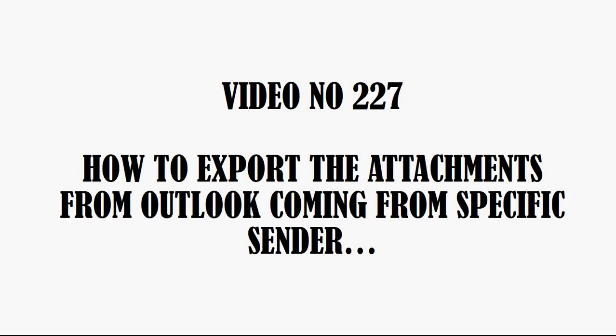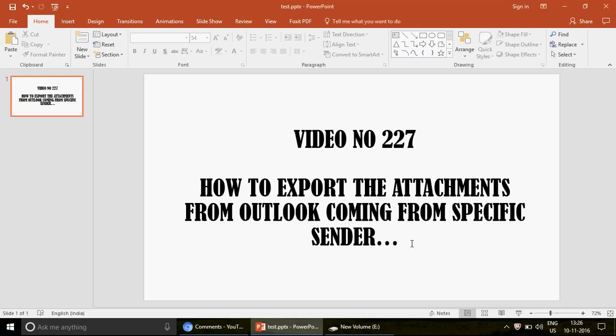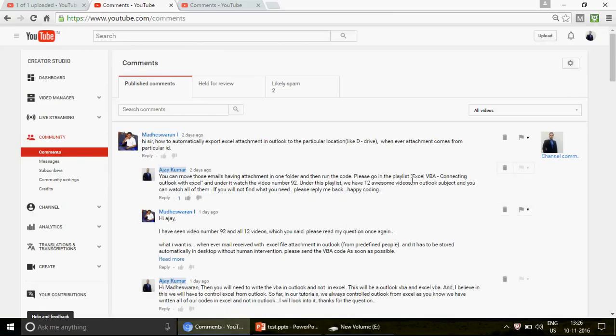This is video number 227, and in this video we are going to learn how to export the attachments from Outlook. You can export them to any of your drives, any of your paths, C drive, D drive, E drive, or the desktop, whatever path you have, with a condition that they are coming from a specific sender. So this is video number 227, and before I start with this VBA code,